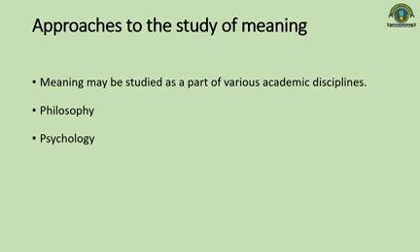Students, meaning can be studied as a part of several academic disciplines. Of course, there might be a significant degree of overlap between disciplines, but characteristically, all have something unique in their approach. So first of all, we will discuss the approach of philosophy. Because typically linguists take the existence of meaning for granted, and we all accept it as an intuitively accessible natural kind.